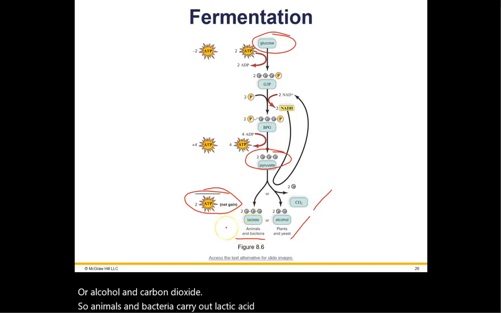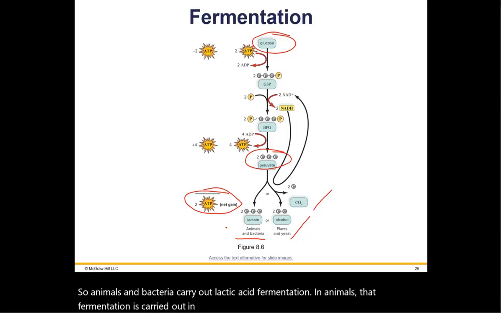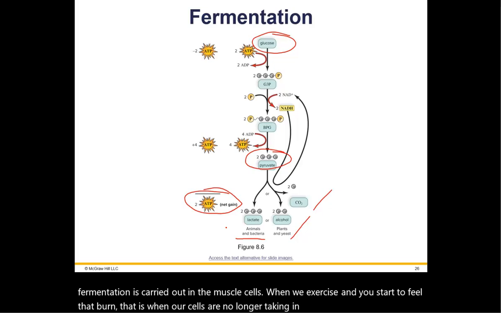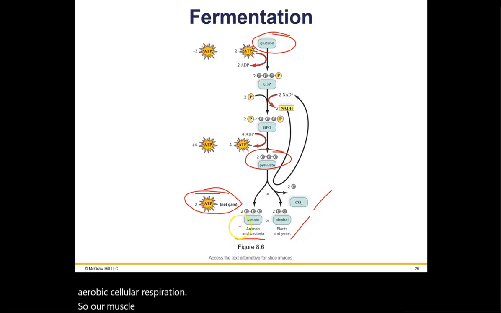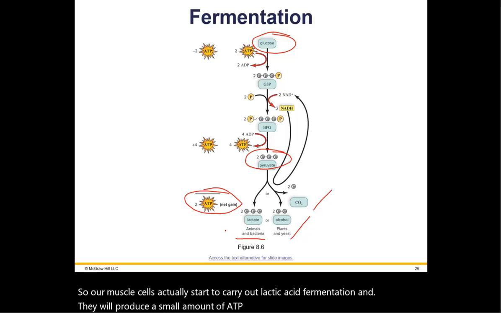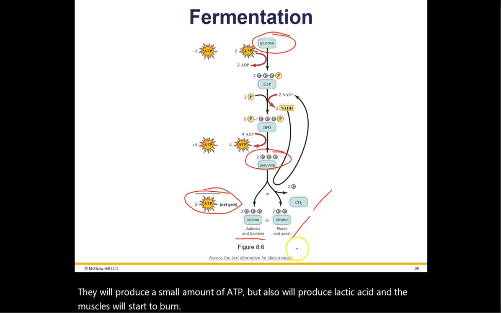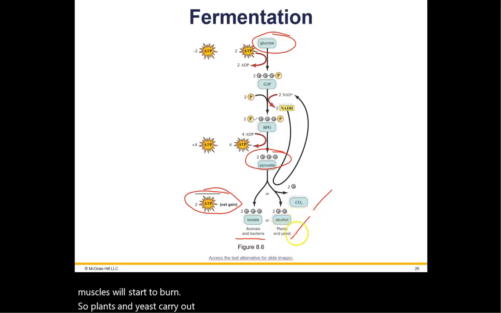In animals, that fermentation is carried out in the muscle cells. When we exercise and you start to feel that burn, that is when our cells are no longer taking in enough oxygen to carry out aerobic cellular respiration. So our muscle cells actually start to carry out lactic acid fermentation. And they will produce a small amount of ATP, but also will produce lactic acid, and the muscles will start to burn. So plants and yeast carry out alcoholic fermentation, and they will produce alcohol and carbon dioxide as a